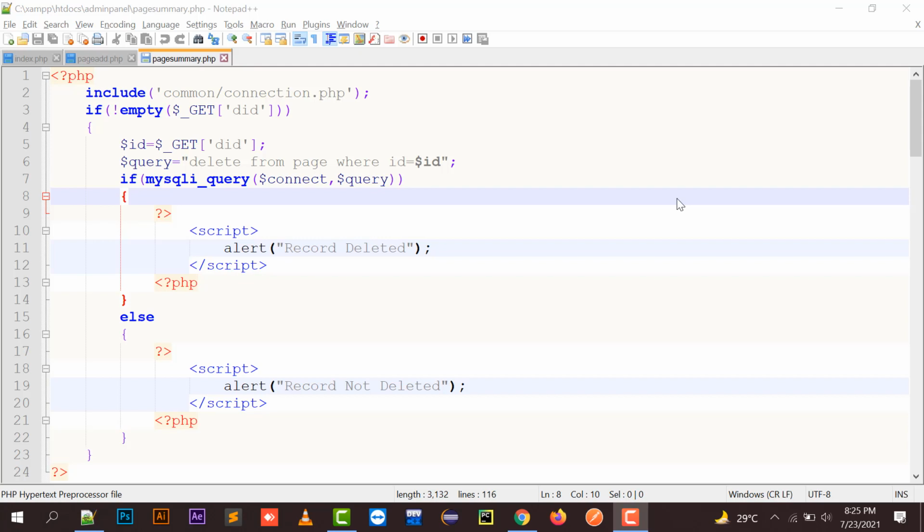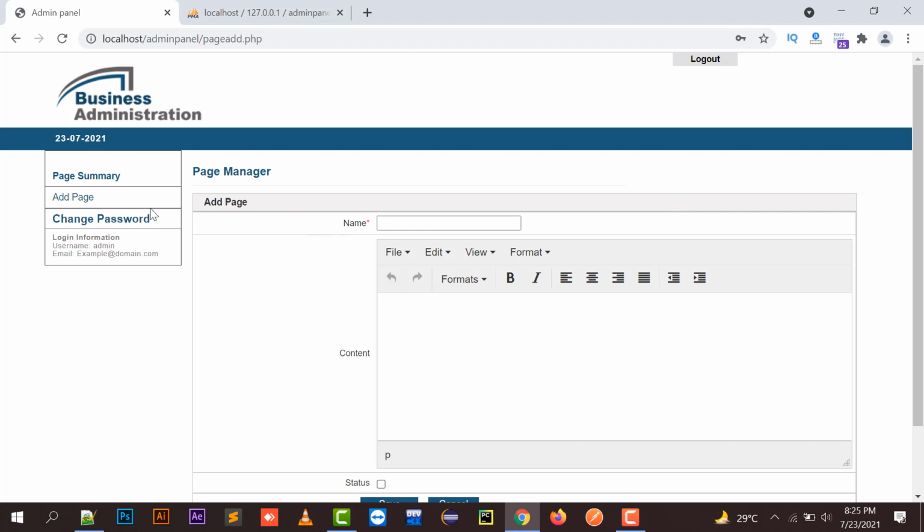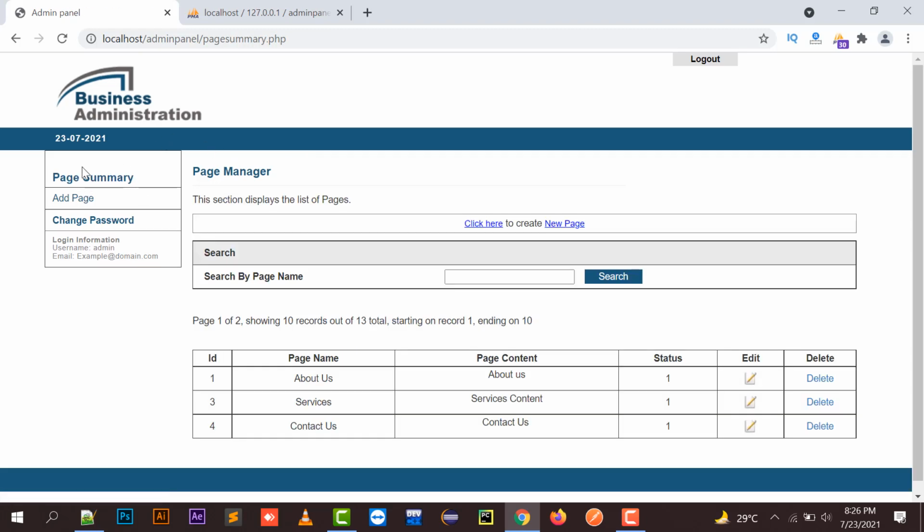So in this second part of my admin panel video, I'm going to create two more managers. One is a category manager and one is a product manager. As you have seen in the shopping website, there are pages like terms and conditions, privacy policy, then about us page. All those pages will be managed by this page summary, and whatever categories these shopping cart websites have, like mobiles, clothing, and they have multiple products in these categories, like